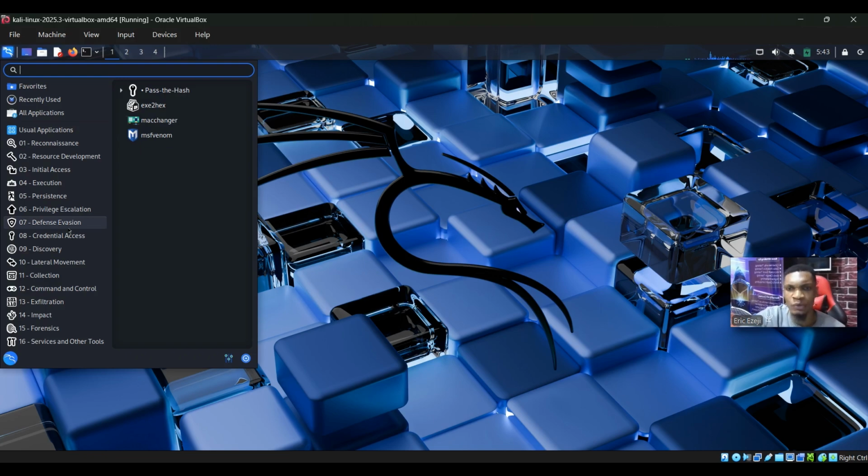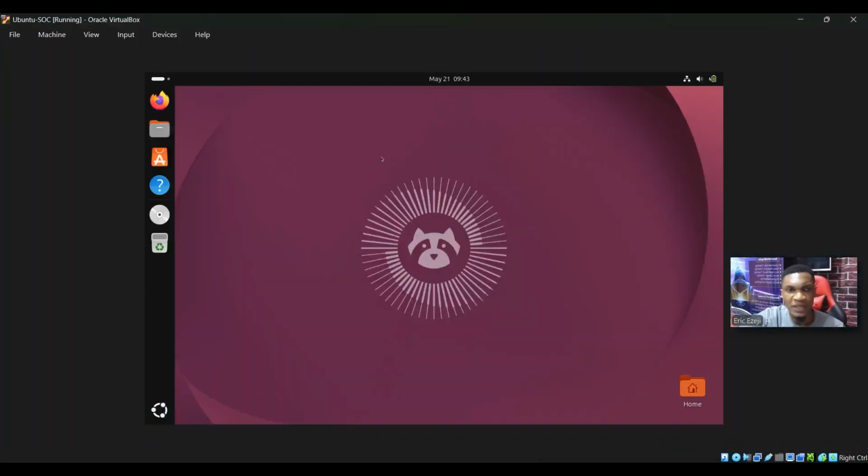All right. So what is Ubuntu? Quickly, let me go to my Ubuntu. As you can see, this is my Ubuntu here. So Ubuntu is one of the most popular Linux operating systems for server programming, cloud computing, general Linux administration, and security monitoring. Now, Ubuntu is stable, beginner friendly, and widely used in enterprise environments. So in a cybersecurity lab, Ubuntu is commonly used as a target machine, a log server, a SIEM server,